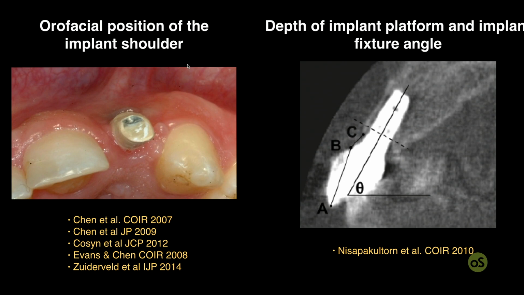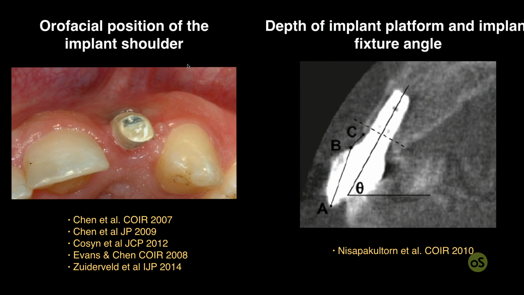As much as you increase the length of the implant, you risk that instead of using the bone crest that is quite vertical, you have to use the cranial bone that is more palatally displaced. And so if you place the most apical extension of your implant too much apically and too much palatally, the problem is that the implant shoulder gets out too much buccally. And so this too much buccal displacement of the implant shoulder is maybe the most frequently associated aspect with the